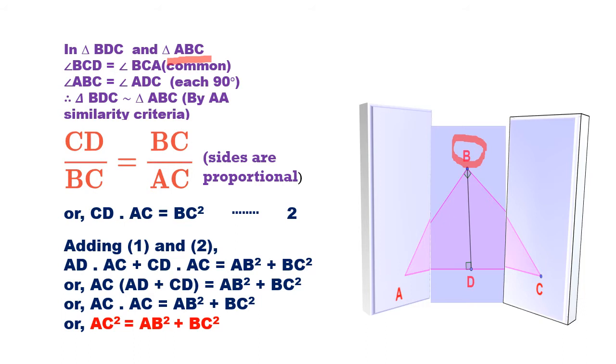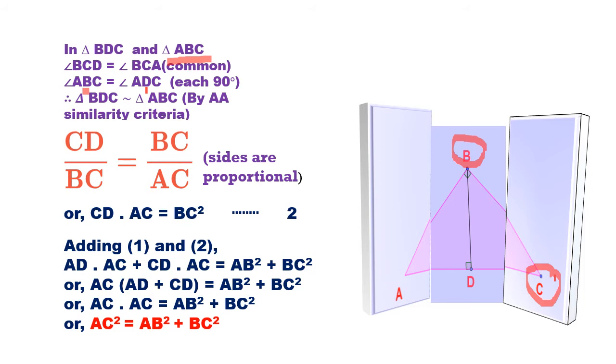So each is 90 degree, therefore both are equal. I also told you to work it out like that: in the middle here it is D, here in the middle it is B, and both are 90 degrees. Now we have to find one common angle. Which is it? In the previous case A was there. Now here you will find C will be the common angle. You can see it in BCD and ABC; both times I repeated the letter C.